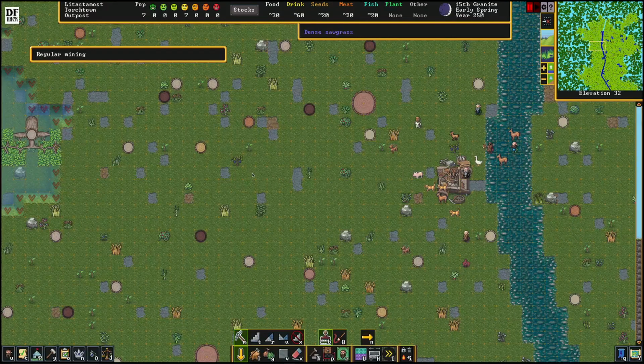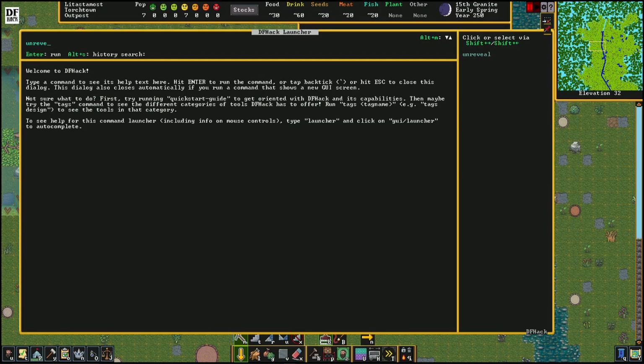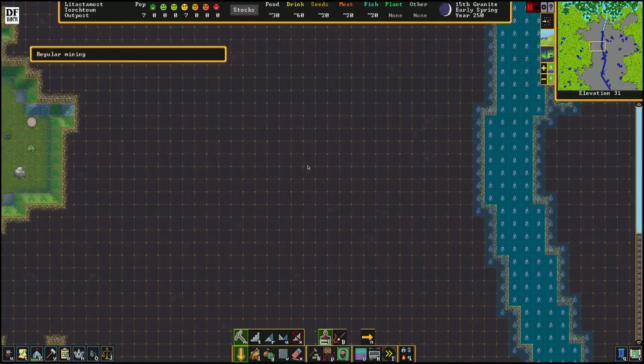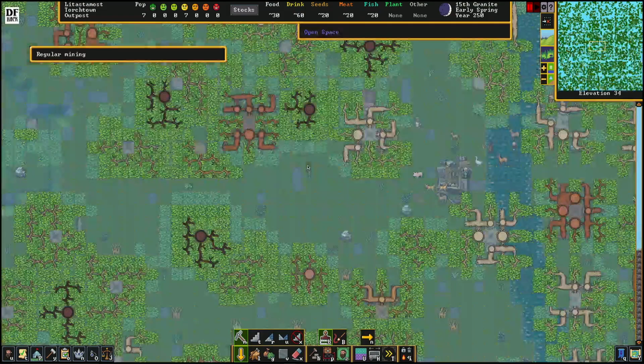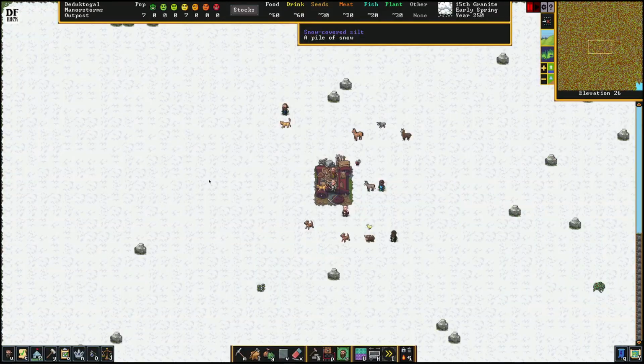What you want to do is open this back up and we're going to type in unreveal. We do that now, the map is hidden again and you can see we don't see anything anymore. One thing to be aware of with the reveal and unreveal command is it doesn't know if you changed map. By this I mean, if we hit reveal here and you look and you decide, I don't like the look of this cavern layer, I don't want to play here, and you quit and you do a new embark,